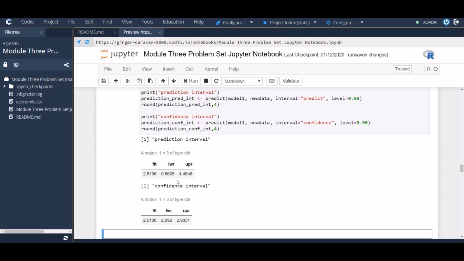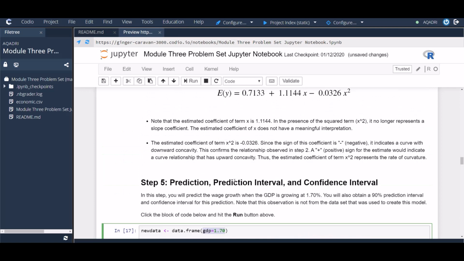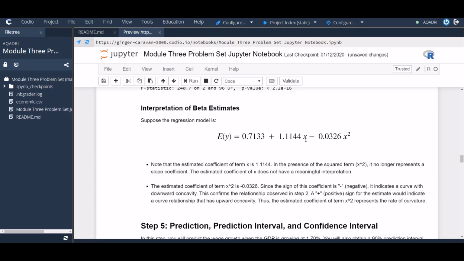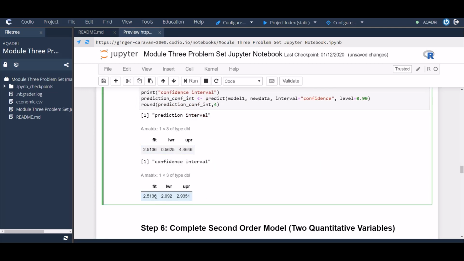And here is, first of all, the prediction, 2.5136. It's going to be the same in both. And then here's the lower and the upper bound for the prediction interval, and then the lower and the upper bound for the confidence interval. This step is pretty much the same. As you can see, all we're doing is essentially inputting the value of GDP equals 1.7. That's the predictor. So we plug that in here as 1.7 and here as 1.7 squared. And we get our prediction for wage growth. So the wage growth is expected to be